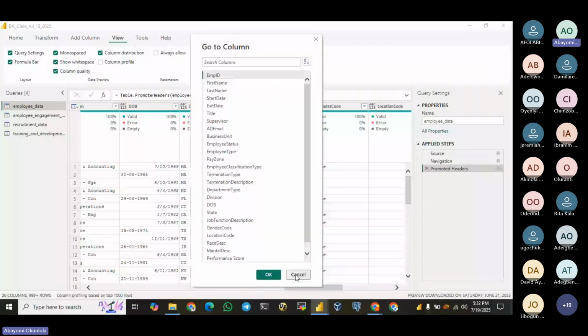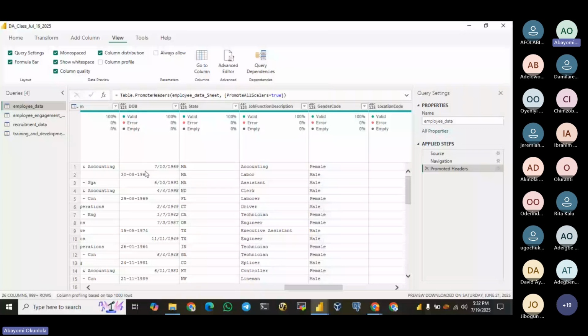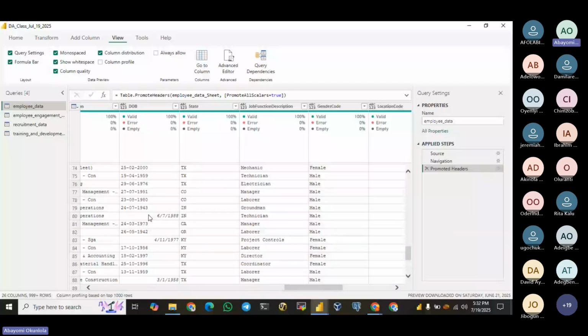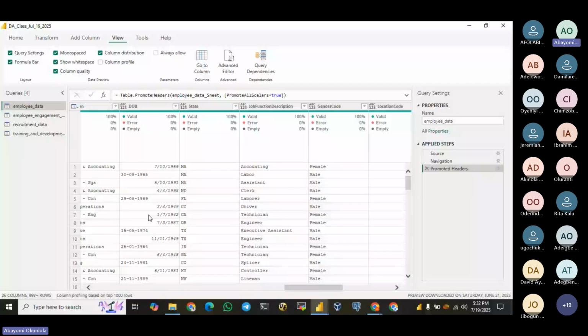Okay, so here now we have 7/10/1969. We are having 3-08/1965. How do we clean this up in Power Query? I believe this will be our task for the week, and by next week we'll take a look at